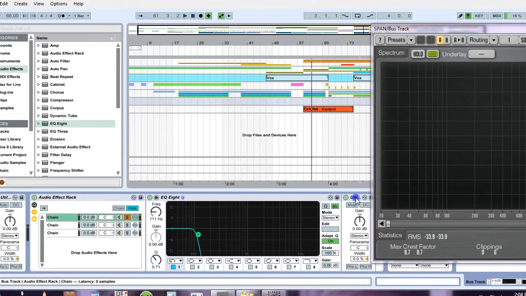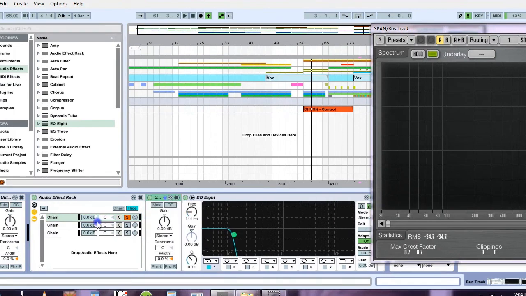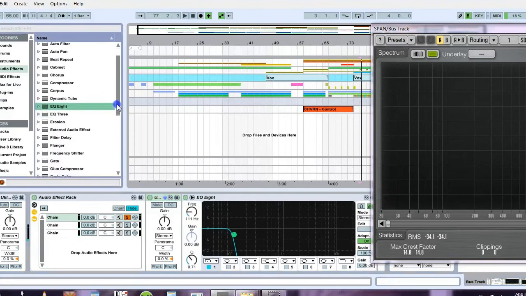And I want it to be before the EQ. Why? Because everything that is below 111 kilohertz, I want it to be in mono, okay? I want no width in that stereo field whatsoever, okay? The very next thing that I want to do is grab a glue compressor or your favorite